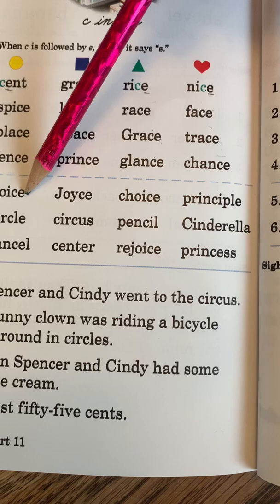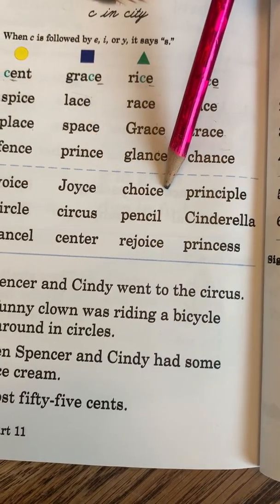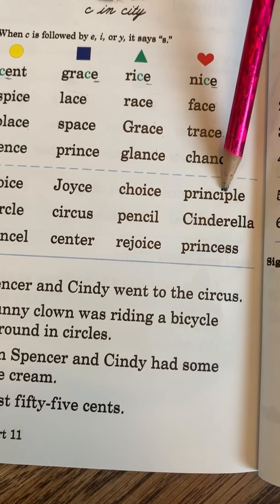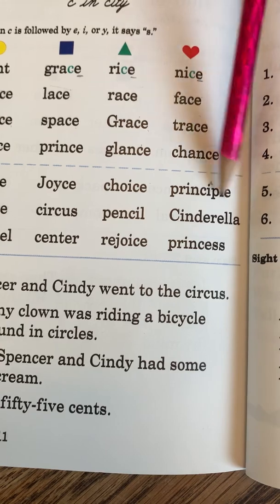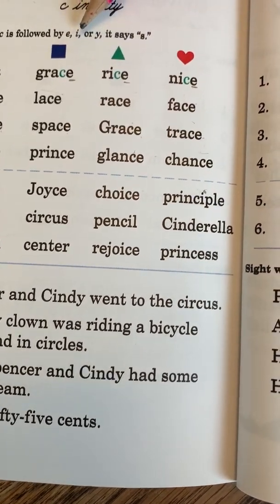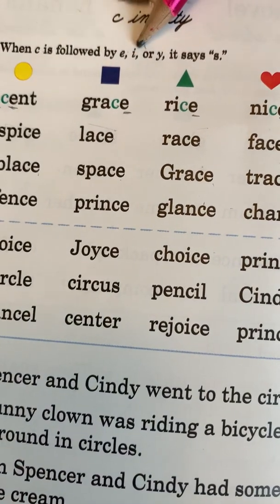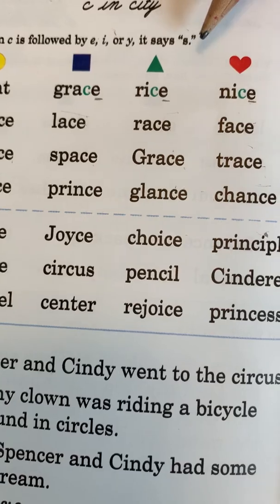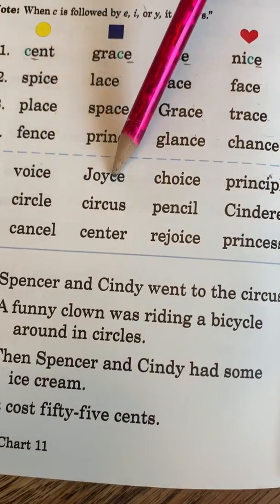Here we have C followed by an E, followed by an E, followed by an E. This one's followed by an I. Let's see what this word is. Principle, principle. So that's a soft C because it's followed by an I, just like our rule tells us up here. If it's followed by an E, an I, or a Y, it's going to say S. So all of these were E's. We've got voice, choice,